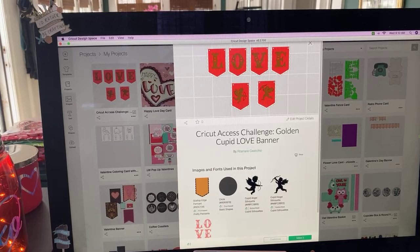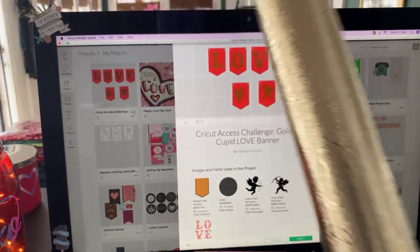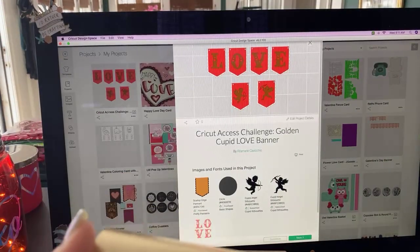Anyway, so this is a project that I developed because I got a felt banner at one of those Target Dollar Spot things. It was like a buck, and it was made out of a really thick felt, and it was already strung. It had 6 pieces of the banner. So I said, okay, what am I going to do with this? And I came home and I found this metallic, even though it was felt,